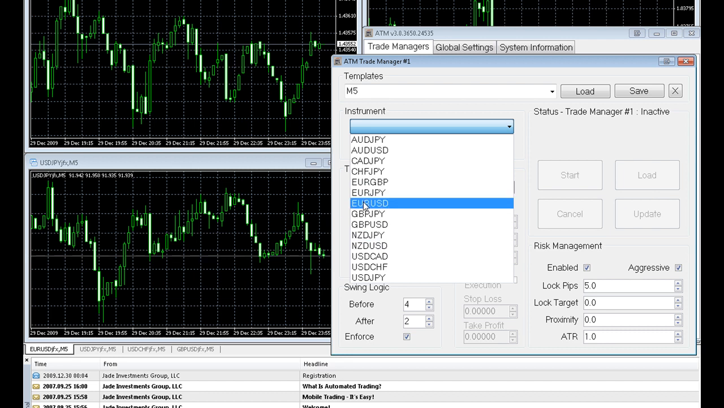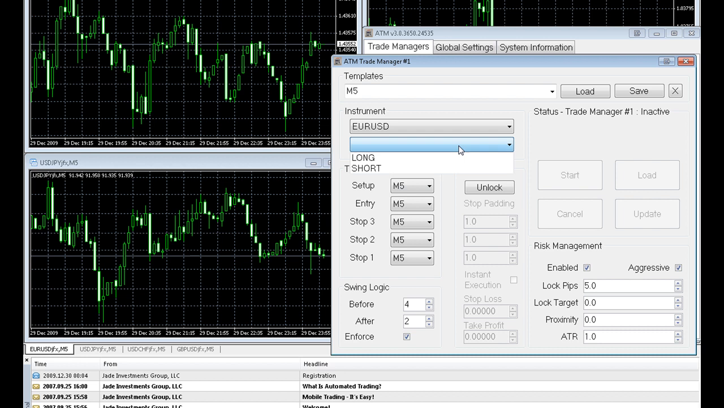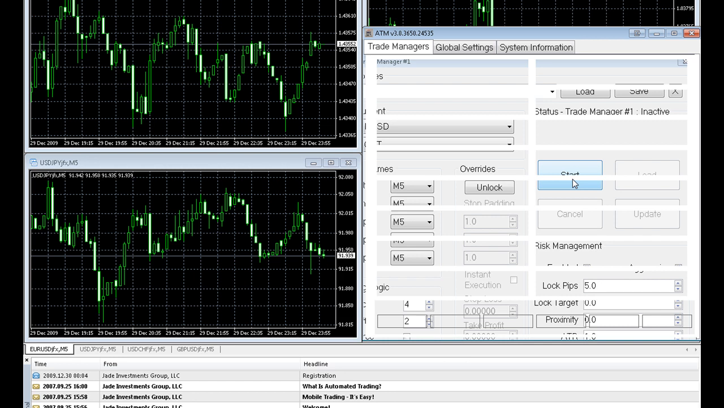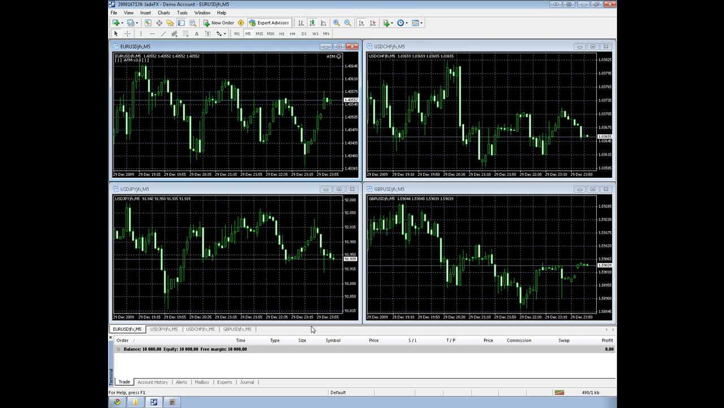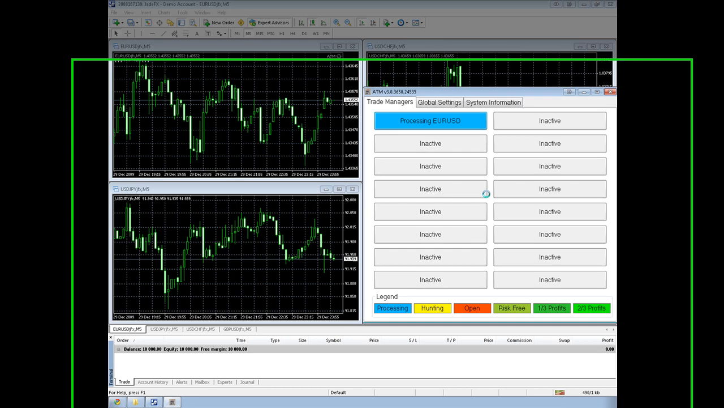So we go to the Euro US dollar as the instrument. We're going to set up a short trade. The setup time frame here is the 5-minute. Actually, we chose 5-minute for everything, so the program is going to run off the 5-minute. Now it's processing that order that we just sent, for the setup time frame, our entry time frame, and our management time frames for stops. You'll notice down here